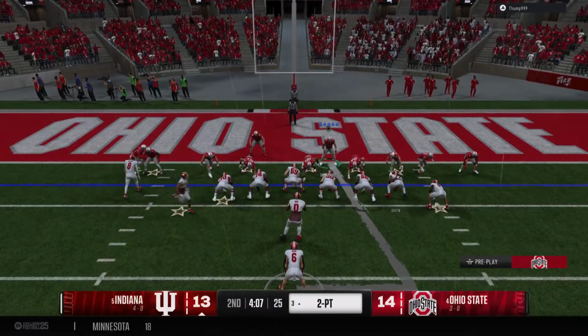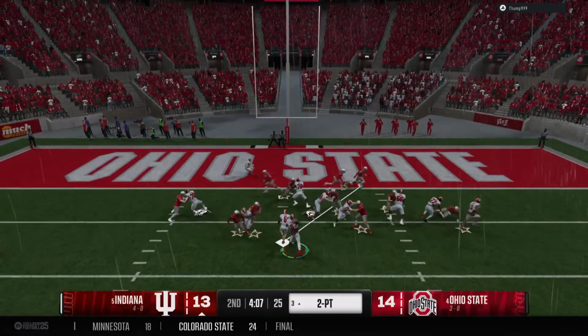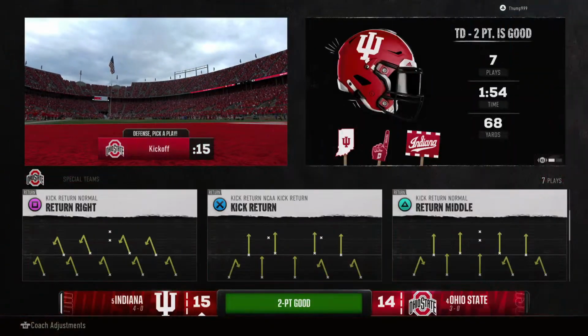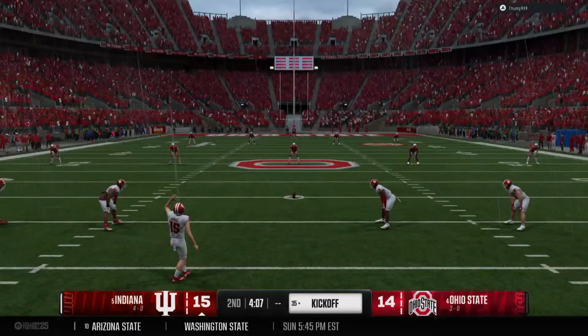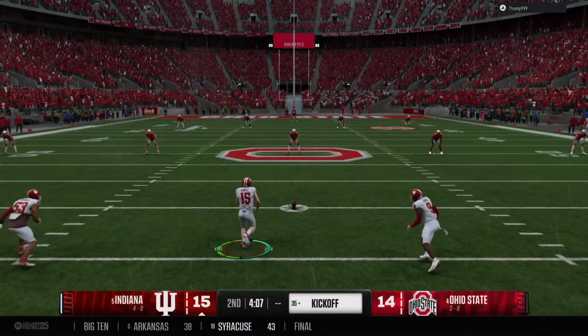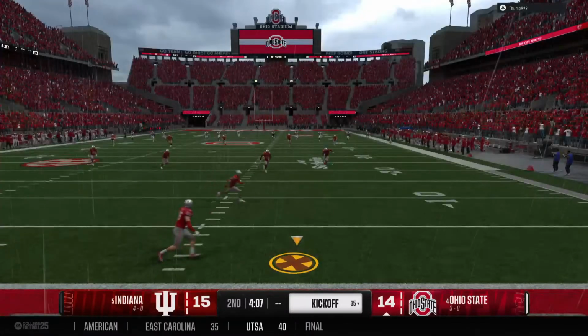Moving the receiver around pre-snap. And a catch made in the end zone for the 2-point conversion. Now the kickoff team is out on the field. Indiana 15, Ohio State